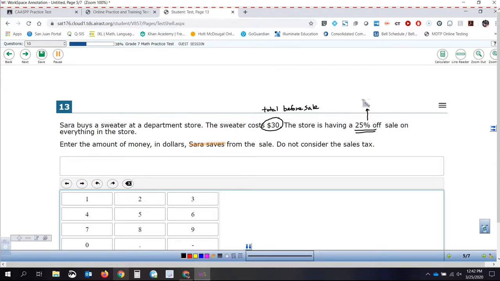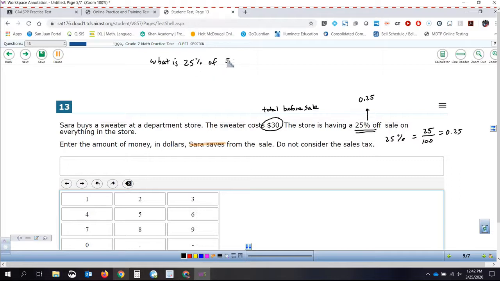And 25% can be written as 0.25 or 25 hundredths because percent is always over 100. So in this case, we had 25%, so that would be 25 over 100 or 0.25. So what we need to answer is, what is 25%